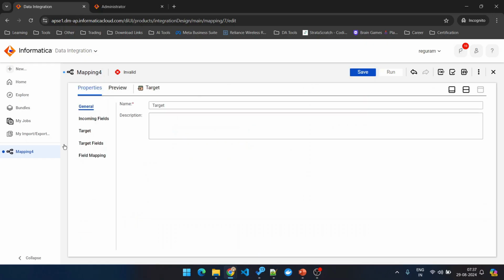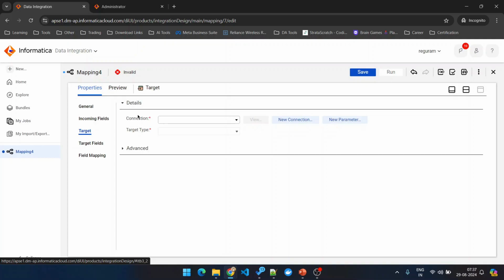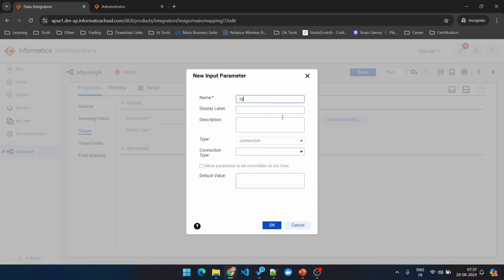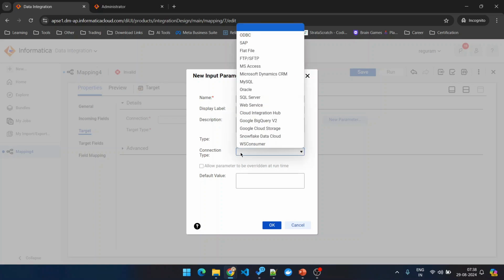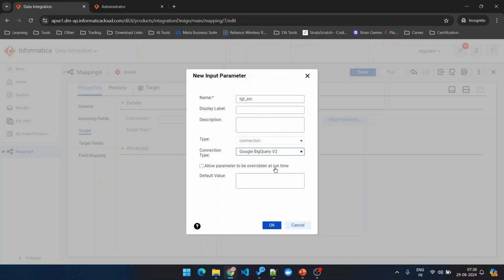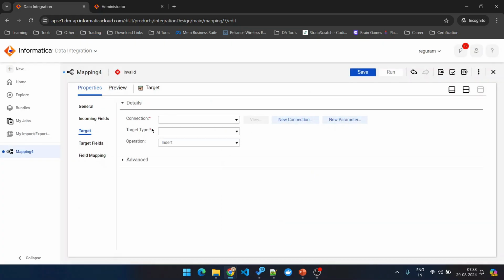Let's go to the target and create a target connection. Here, again, we want to create a new parameter for that. It will be tgt src. In the same way, if you are trying to load to multiple targets, you can leave it blank. But if you're going to specifically load to a certain target, then you can explicitly select this connection type. Here I'm going to load to BigQuery, so I'm going to select Google BigQuery V2 and click on OK. So we have created the target